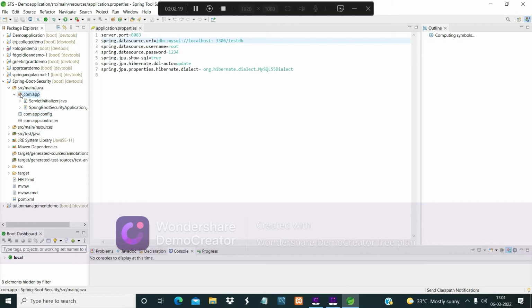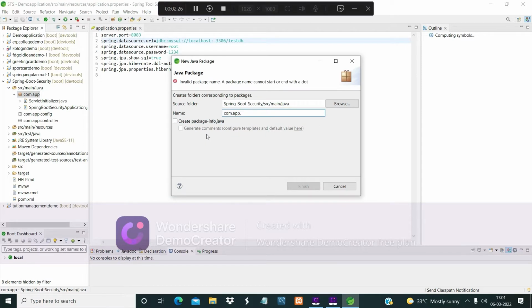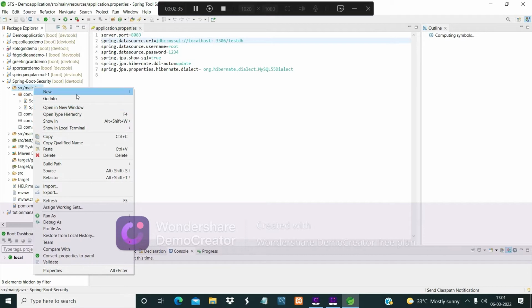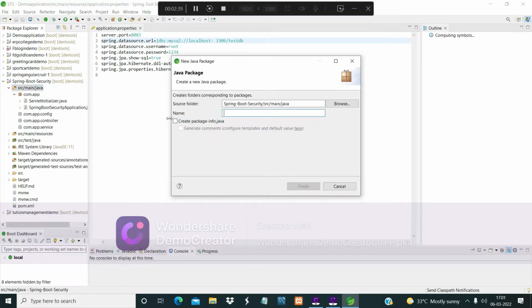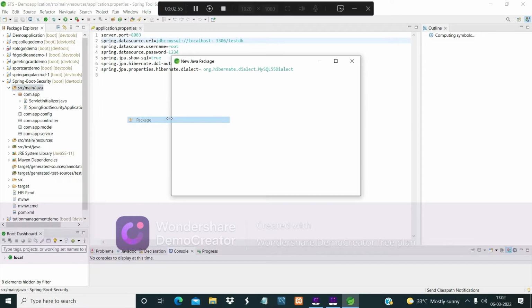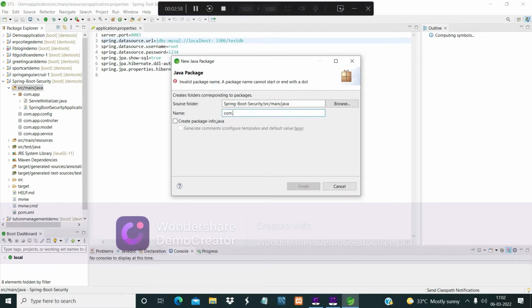Then we will create a service package. Then we will create a model and a repository package. Name it DAO.